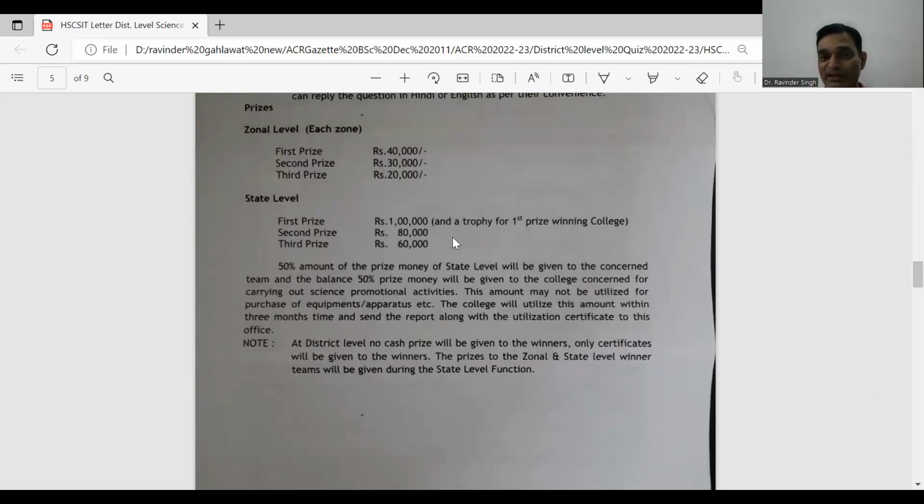Second prize is of 80,000, third prize is of 60,000। जो 50% जो अमाउंट होती है प्राइज की स्टेट लेवल के ऊपर, दैट इज विल बी गिवन टू द कंसर्न टीम, and the balance 50% prize money will be given to the college concerned for carrying out the different science promotional activities, but that amount may not be utilized for the purchase of the equipments and the apparatus. The college will utilize this amount within the 3 months time and send the report along with the utilization certificate